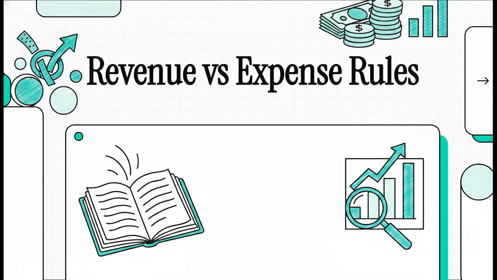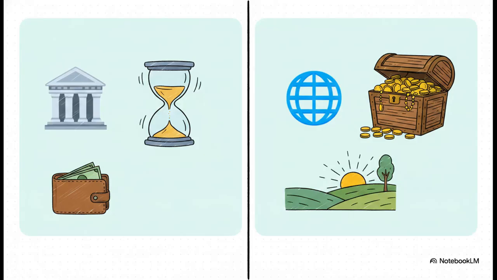This explainer combines non-exchange revenues with expenditures and expenses strictly because the CPA exam tests them together. It builds directly on the government-wide versus governmental fund financial statements explainer, so measurement focus and accrual differences will not be re-explained here. We need to immediately lock in the core principle that's going to govern absolutely everything we do